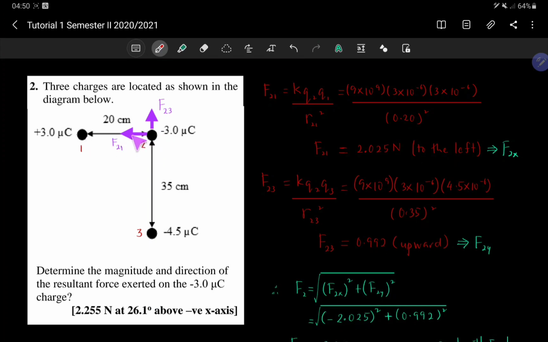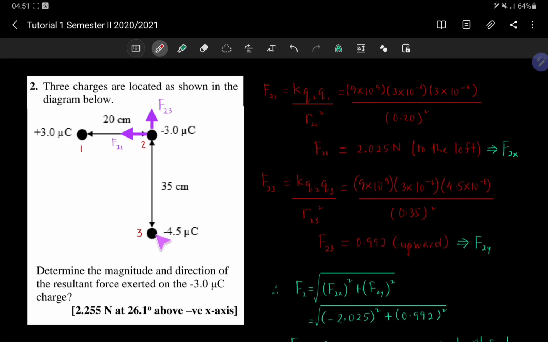So this is F on 2 by 1, which is directed to the left. At the same time, 2 and 3 also react to each other. Q2 is a negative charge, Q3 also a negative charge. Negative and negative repel each other, according to Mr. Coulomb's ideas before. So the force exerted on Q2 is directed upwards, away